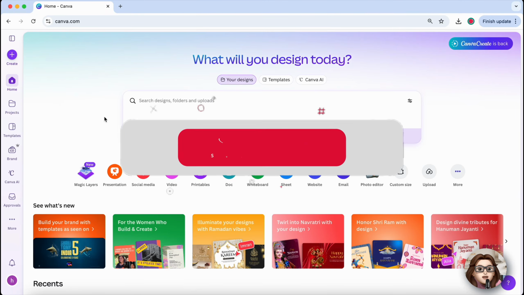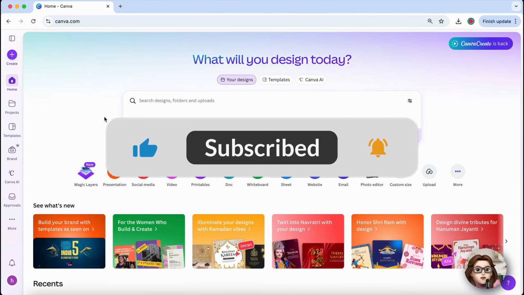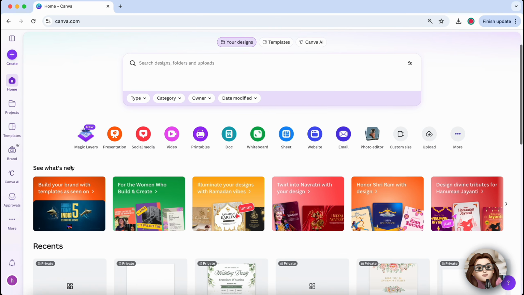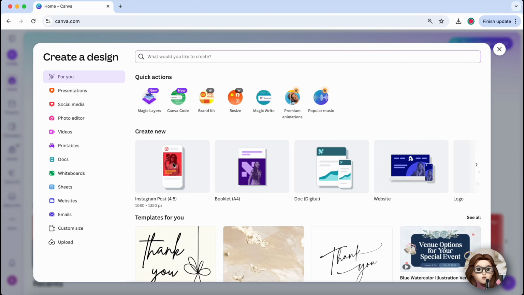In this tutorial, I will show you how to add Google Maps in Canva. First, open Canva in your browser and log into your account. Once you are on the home page, open an existing design or click Create a Design to start a new